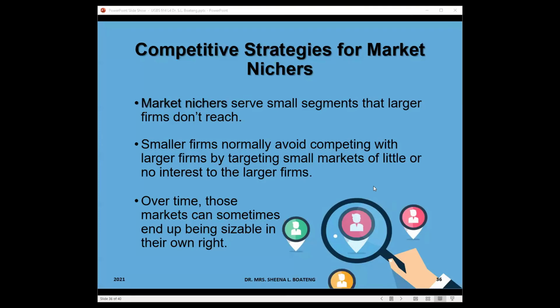And by virtue of their nature, given that they do not have the resource endowment and the power and the gravitas to compete with these 3 other forms of competing firms, smaller firms would normally avoid targeting markets where they would actively have to compete with these larger firms. And they would usually go in for smaller markets, right? Which the larger firms would typically not have any interest in because they do not have the numbers that they are looking for to be able to gain this market share that we have been talking about and be able to expand,